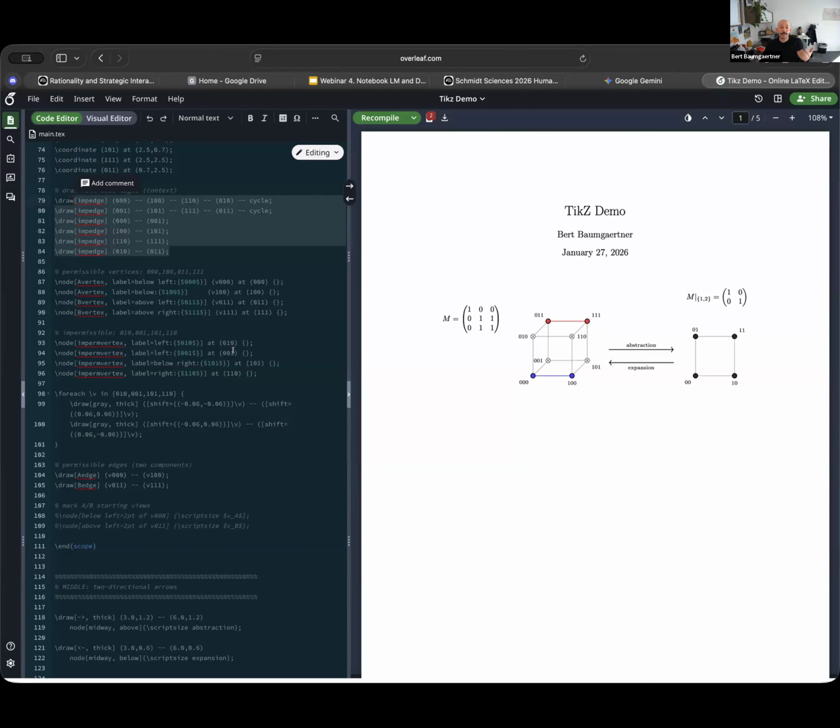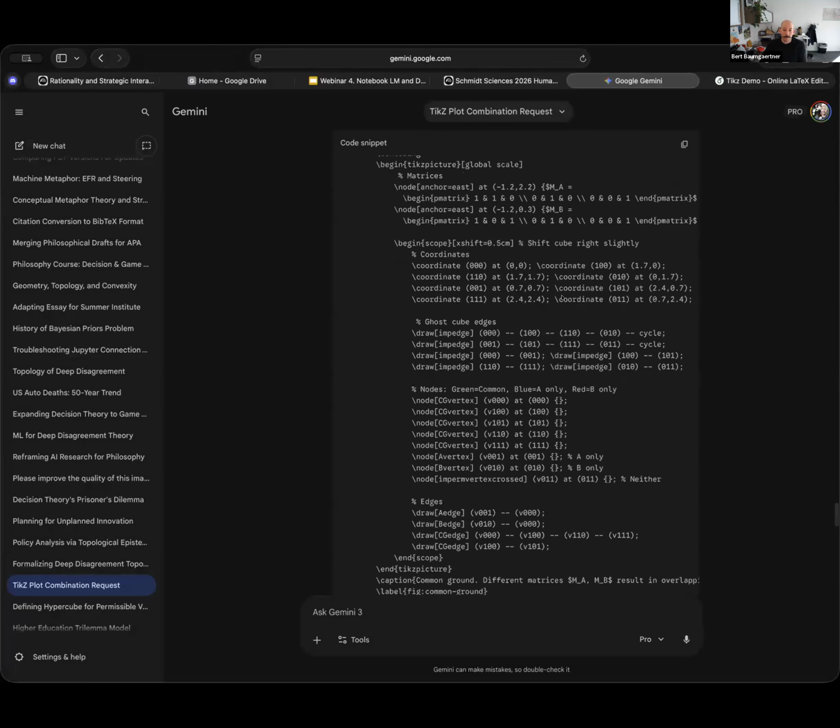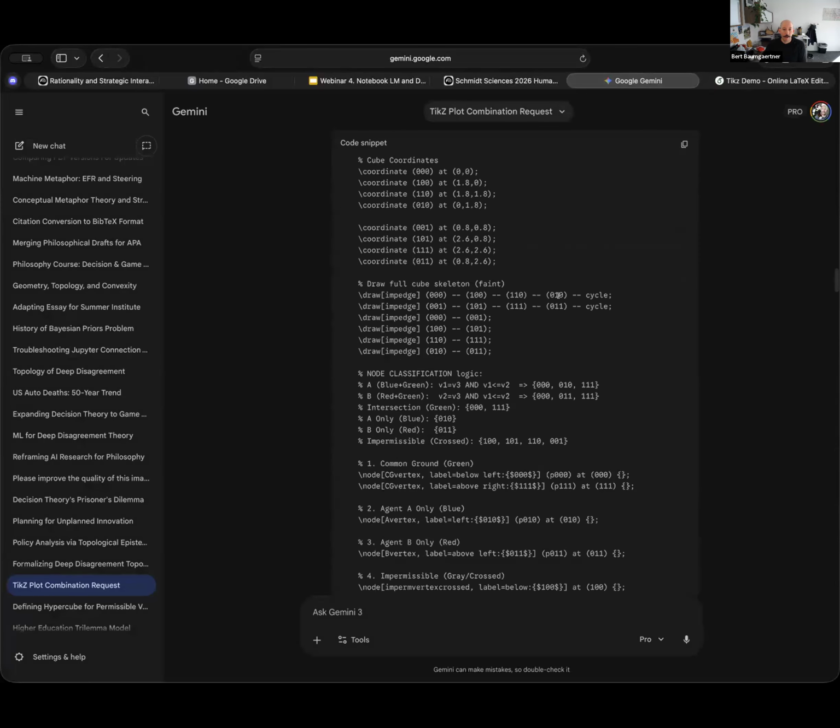iterate through these kinds of visualizations by giving broad instructions of what I want. And then it won't generate the image for me, but it'll actually give me the code that I can copy and paste into LaTeX and then generate this. So for example, in Gemini, sorry, I'm going to the top, I have